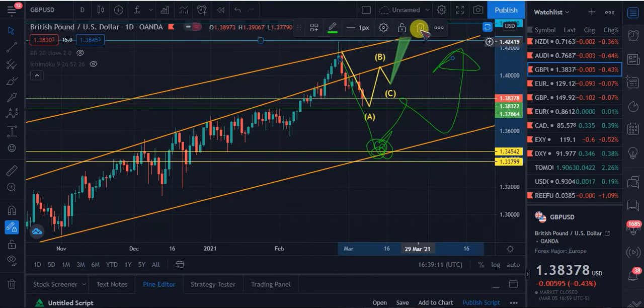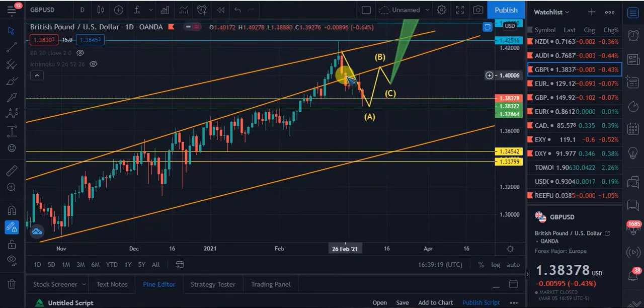Also looking at GBPUSD currently, what I was expecting before the end of last week was that GBPUSD should bounce back from this trend line, which it did, and also bounce back from this support level, which it has not done before this week actually closed. But this coming week I'm expecting it to do this, but it's possible for GBPUSD to come down to this particular trend line.